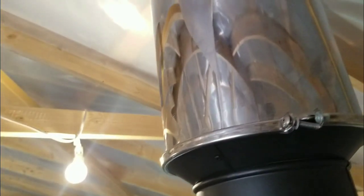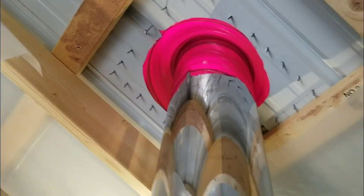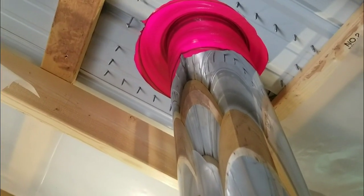which, I don't know, the 6-inch doesn't seem to wiggle much, but it's just something I'm thinking about, is I need to make sure that this thing is somehow held rigid. And I'm pretty cheap. I didn't feel like spending the $80 for some bracket from this stuff to tie to the exterior of the roof. I'll probably end up doing something because that boot doesn't provide tremendous amount of support. High winds and stuff are something to think about,